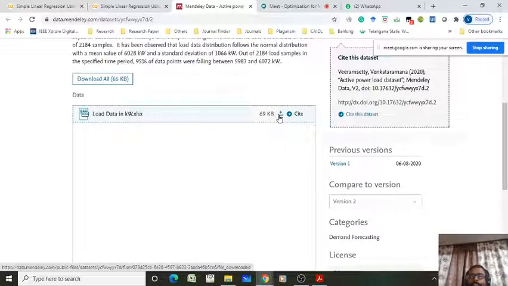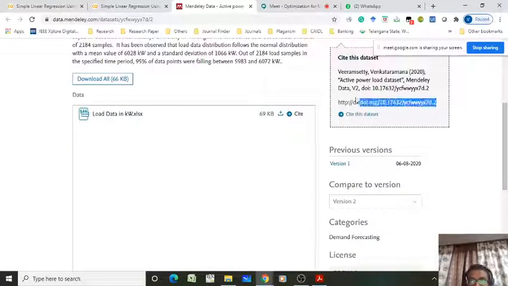If you are creating a data set by yourself, it's a nice platform to publish it. And second, when you communicate your articles to any journal, they will ask for the data details also. Then you have to give this path. You can give this path after acceptance, not at the time of submission.